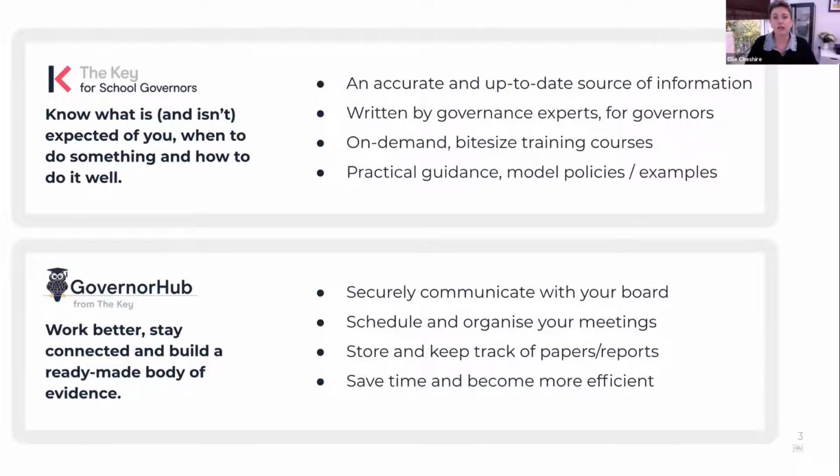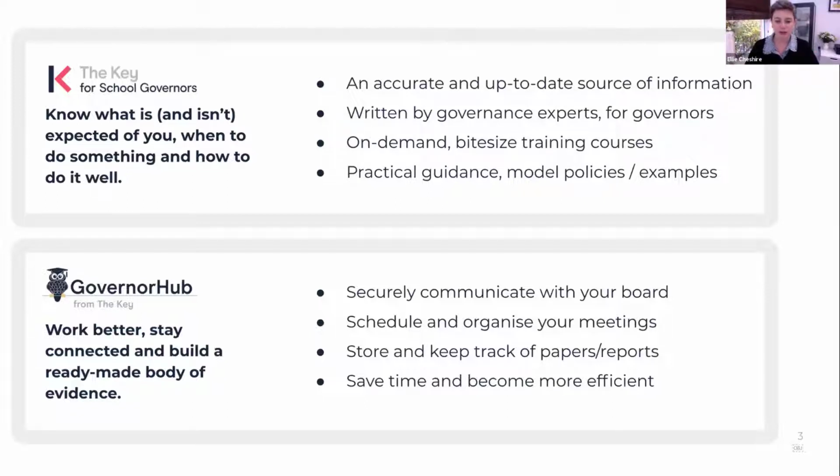Now, we could just continue selling Key for School Governors on its own and GovernorHub on its own, and people can choose to buy one or the other or buy them together. No problem, they work really well. But I'm a governor, Neil's a governor. Pretty much everybody on the team is a governor. It's not mandatory, but it sort of is really too. And the thing is, we're using these products day in, day out. And we know that our governance is done in snatches of time, here, there, late at night when you've got a minute and you've realised you've got a meeting the next day, or in a really boring meeting where, I shouldn't say that in front of my boss, really, should I?